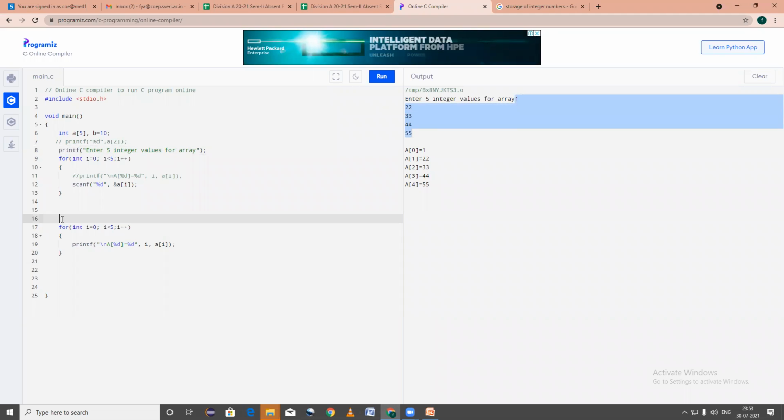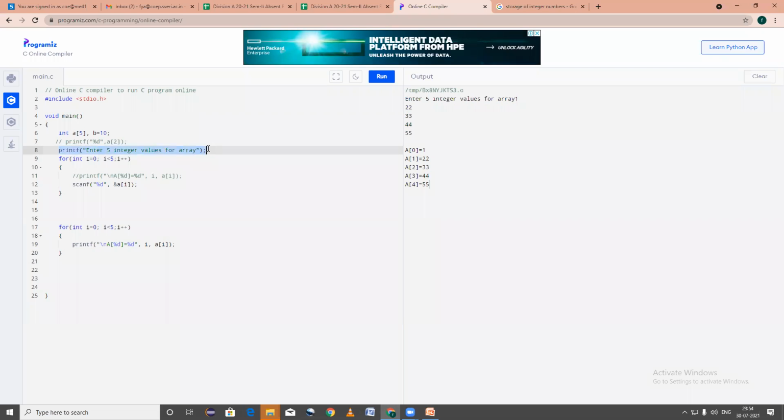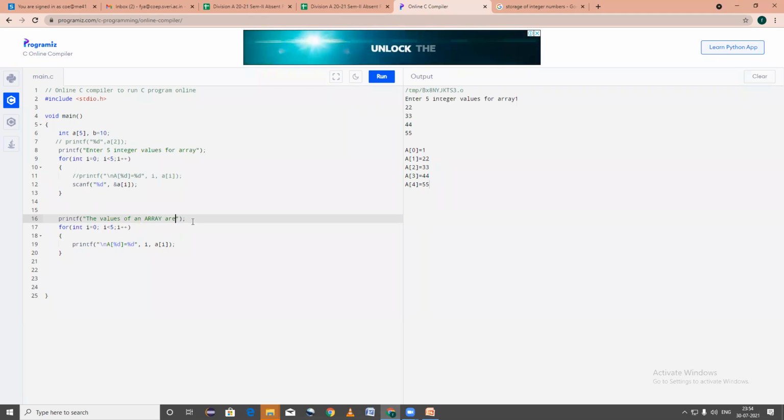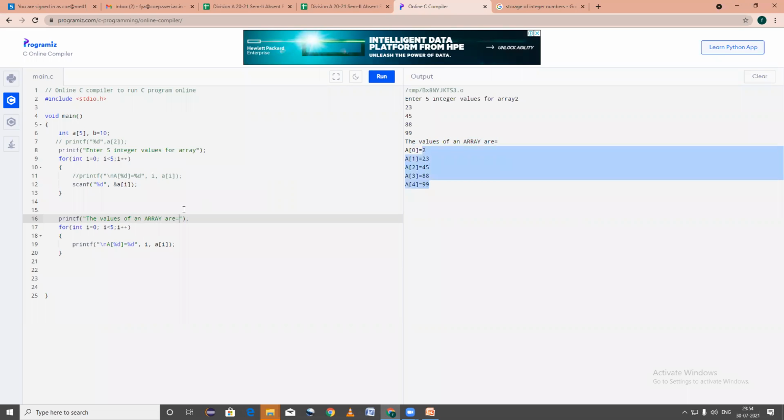I will give one message here: "The values of an array are equal to". You can give any 5 values: 2, 23, 45, 88, 99. The values of an array are printed this way.